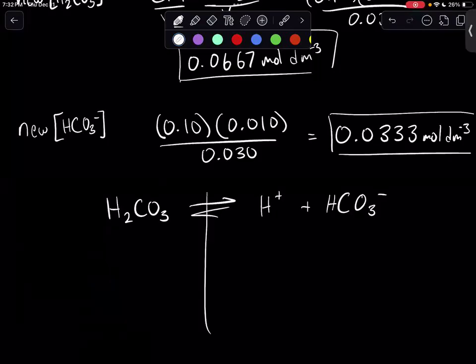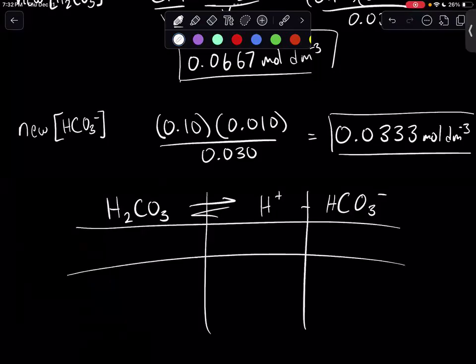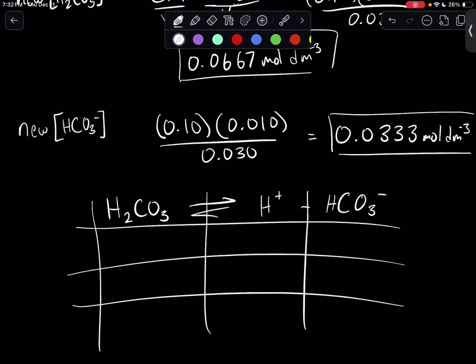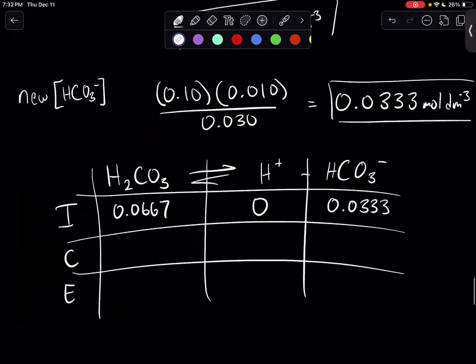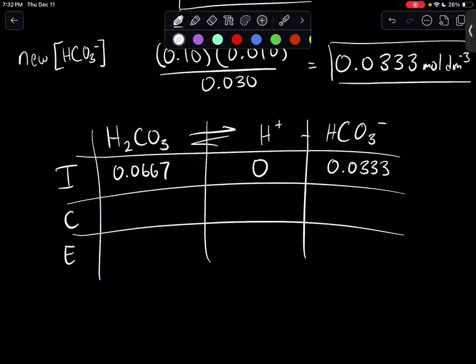And we will divide it down: initial, change, equilibrium. Our initial is 0.0667 and 0.0333. These are all concentration values, which is what we have to be wary of when we're doing an ice